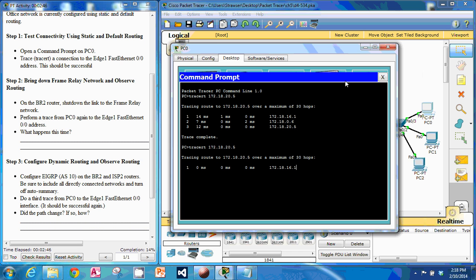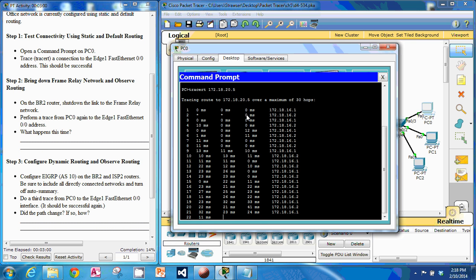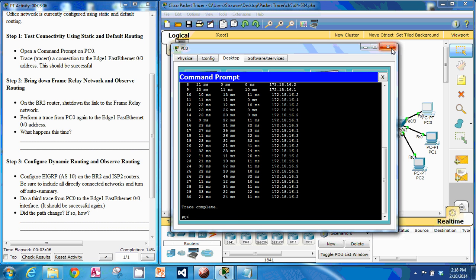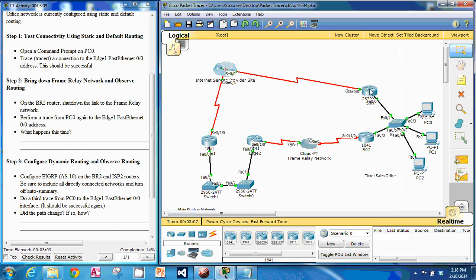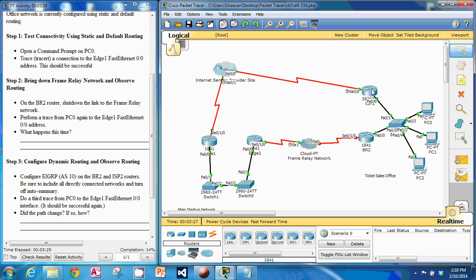Not quite as quick as last time. Once it starts coming in, it's going to do all 30 hops, which is the maximum. You can see it's just going back and forth between 16.1 and 16.2. If we look at ISP2, that's the 16.2, and this one was the 16.1. It's just going back and forth and never getting over here. So what we're going to do now is configure EIGRP on this ISP2 router and the BR2 router,